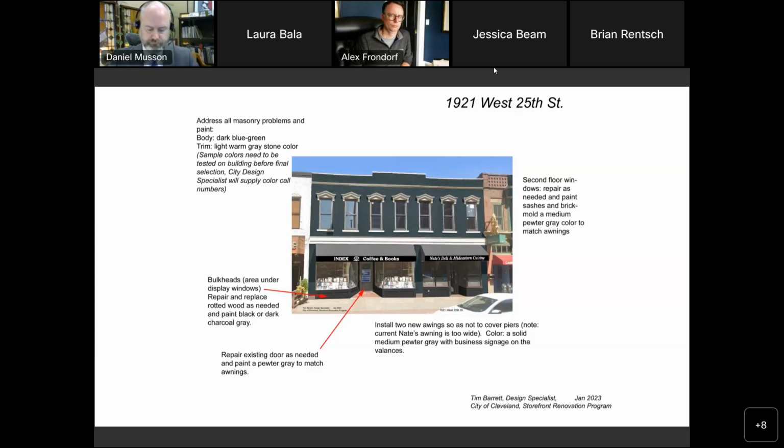The joints between the two buildings are being repaired with a more appropriate building joint that will allow for the expansion and contraction.